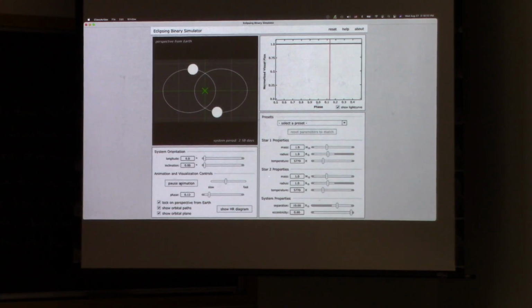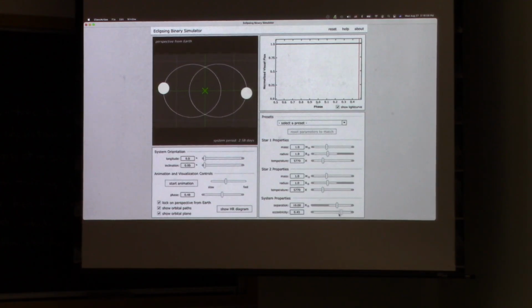Whee! Because they're also obeying Kepler's second law, sweeping out equal areas in equal times. But now it's the line joining the star to the center of mass that is sweeping out equal areas in equal times. Whee! Now, I can have plenty of fun here. In other words, that's just one particular eccentricity. I'll just stop the animation there. Let's dial down the eccentricity, and you get something like this.